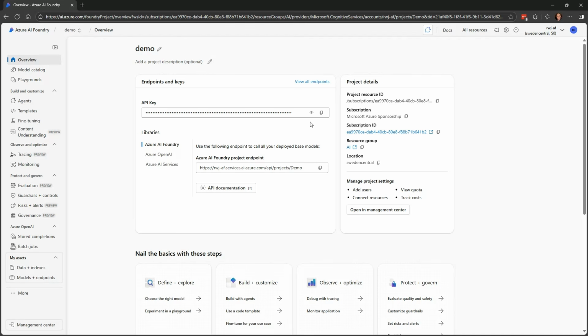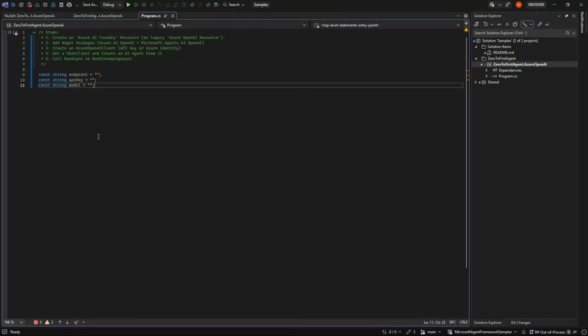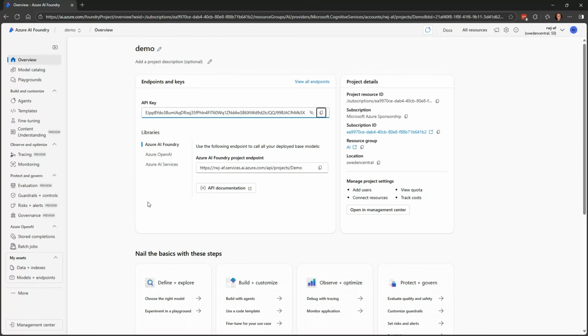But in our case, we're just going to show the API key here, and do even worse, put it directly in code. Of course, you should use some key vaults or user secrets or environment variables in order to do this. But for the demo, it's better for you to see the kind of length of the API and things, and not just tuck it away. So that's why I'm doing this. In terms of endpoint, we are not using AI Foundry, so it's not the AI Foundry endpoint, but the OpenAI endpoint.